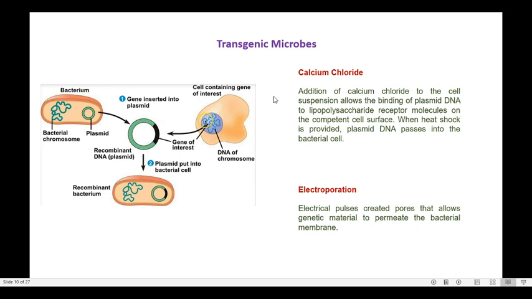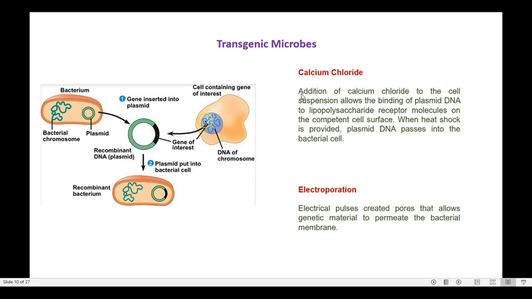In microbes, commonly used transformation methods are calcium chloride mediated transformation and electroporation. The transfer of the recombinant plasmid to the host cell is also called genetic transformation. Up to the production of the recombinant plasmid, it is called gene cloning, and the transfer of the recombinant plasmid into the host is called genetic transformation.